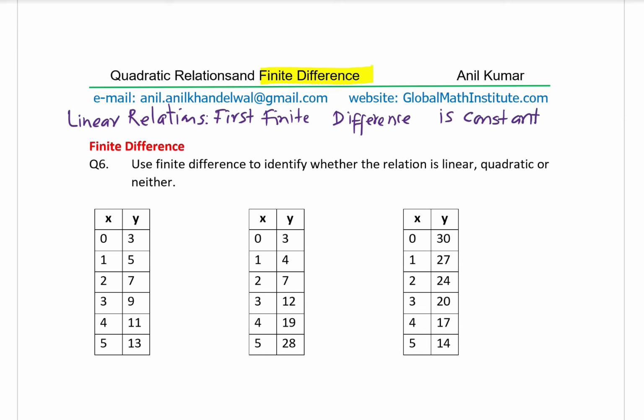Based on this, we have question number 6. Use finite difference to identify whether the relation is linear, quadratic, or neither. Well, let me tell you that for quadratic, the second finite difference